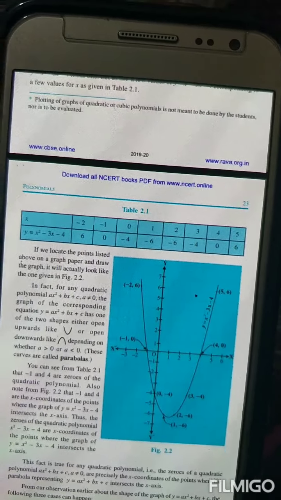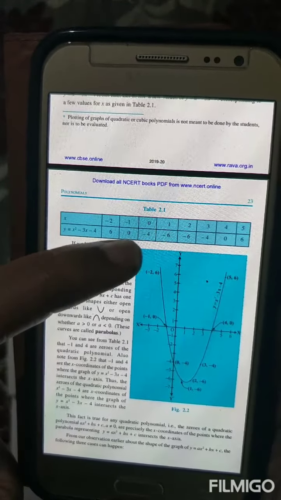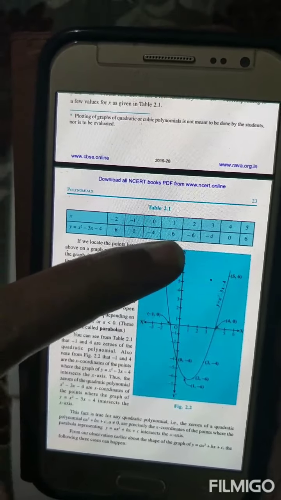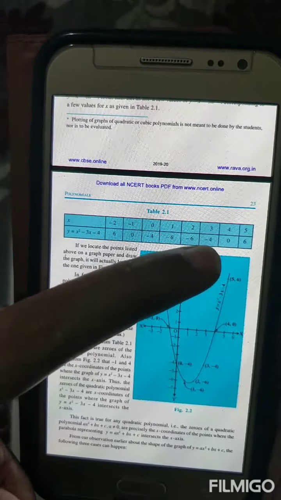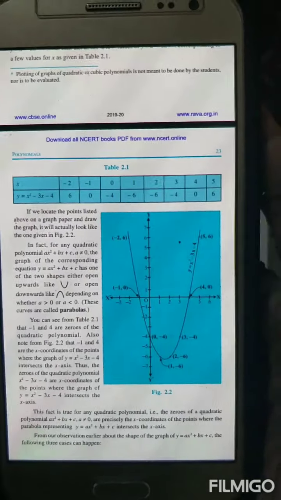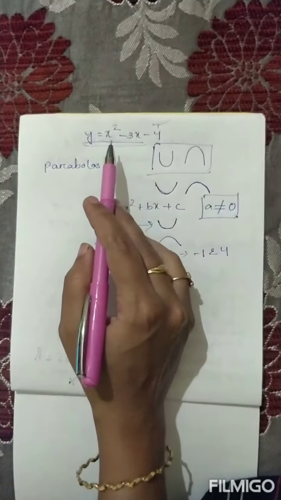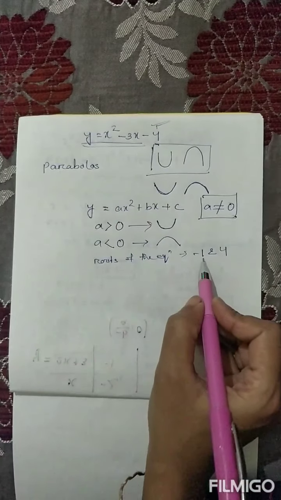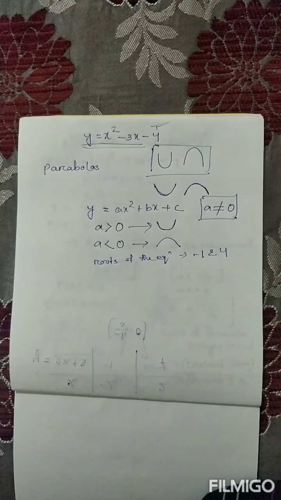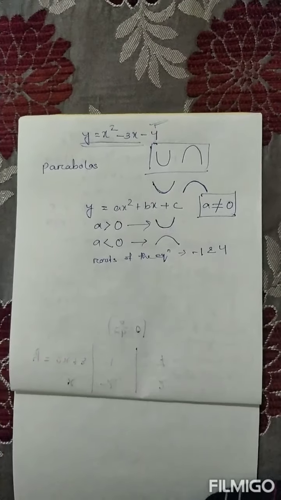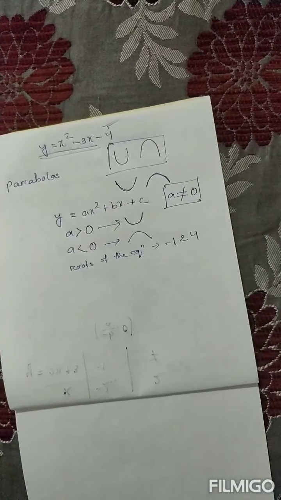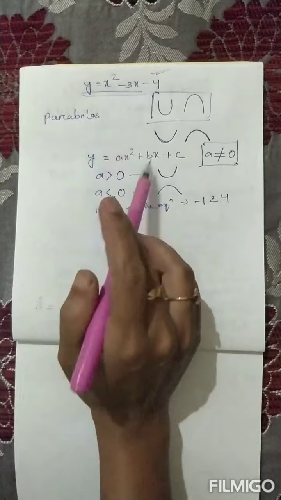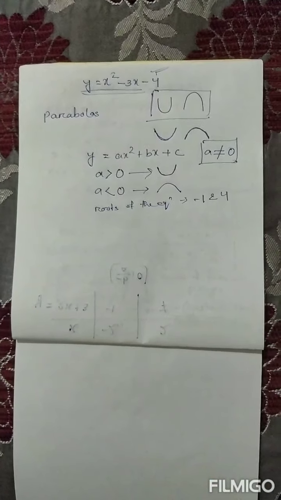See the table. When we have applied -1, you get y equal to 0. In other values there is no value 0 in case of y. Again when you put 4, the answer is again 0. That's why these are the zeros of this equation. X is equal to -1 or 4. You can put -1 or you can put 4. So maximum there are two roots or two zeros of this kind of equation or quadratic equation, not more than two roots.